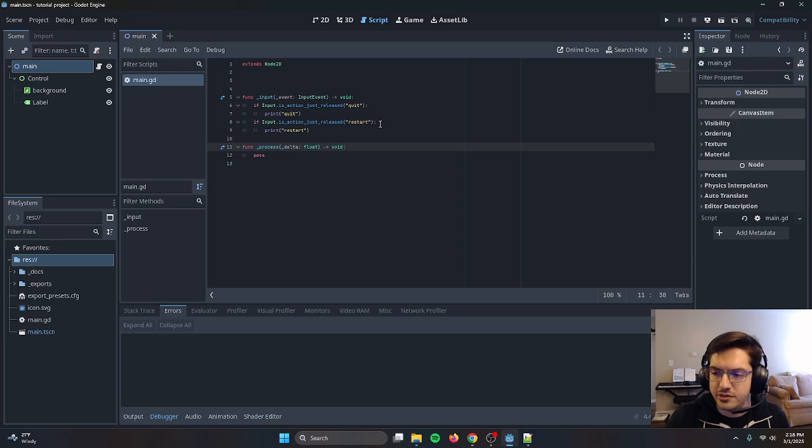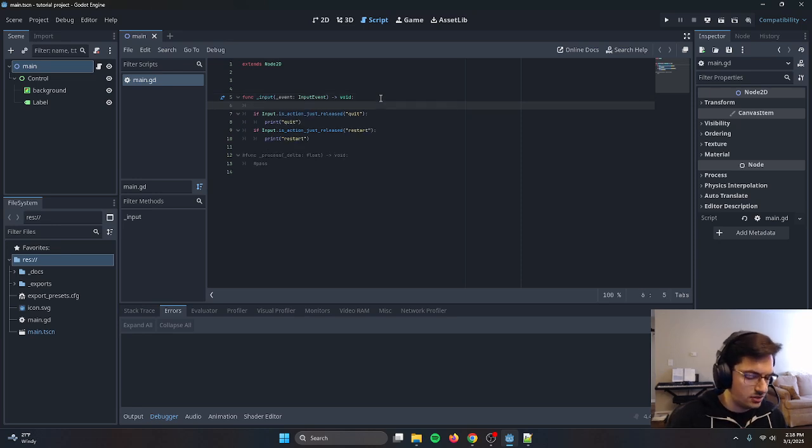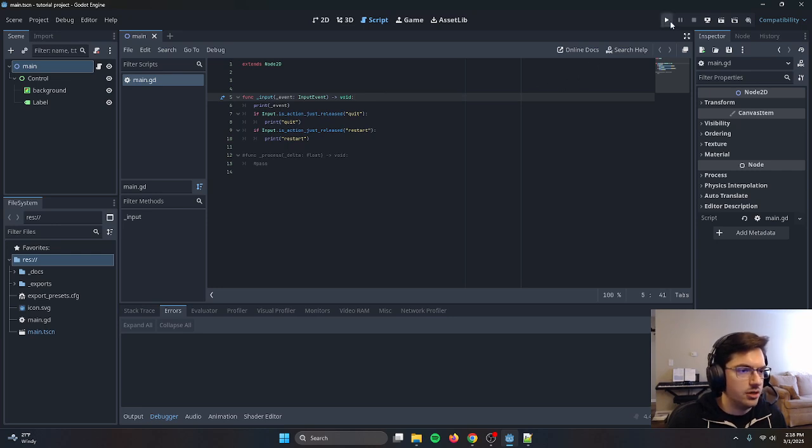Okay, so what is going on here? Basically, I wrote this input function, and we'll ignore this other one for a second. Like I was saying, the input function is a script that will run anytime you press a keyboard key or a mouse button. It will detect that, and you can see what that is. So actually I could just do print event. Now if we hit run,